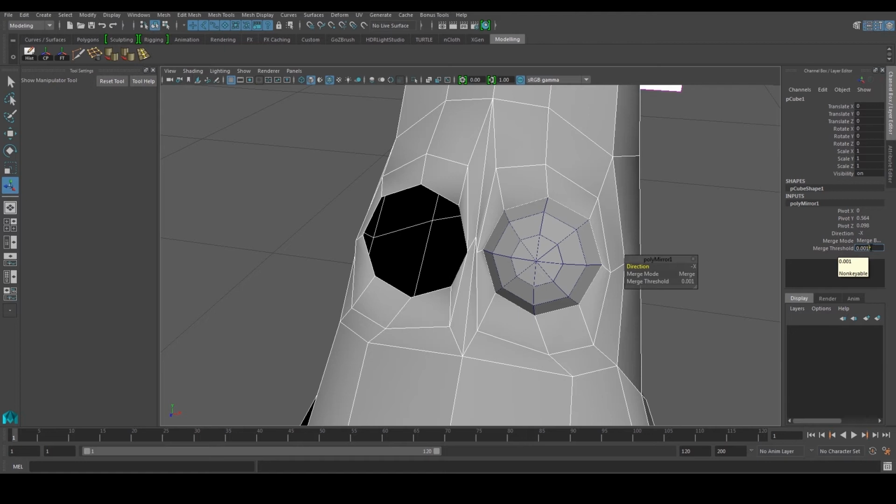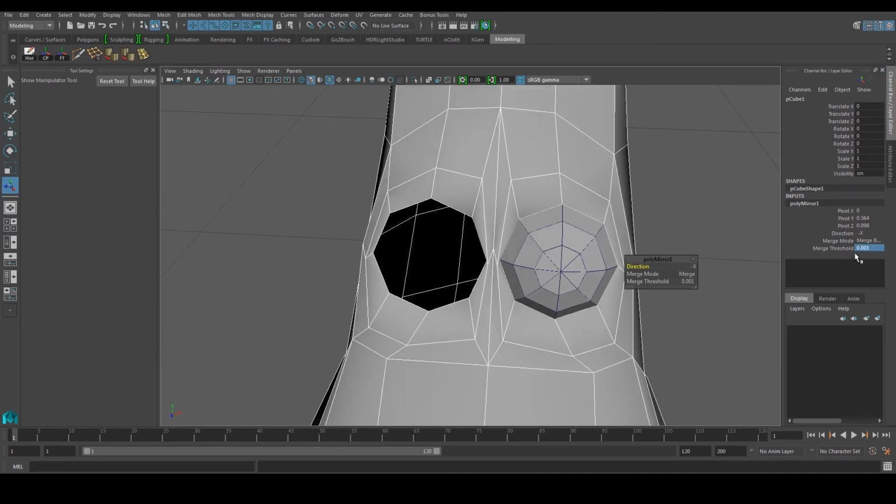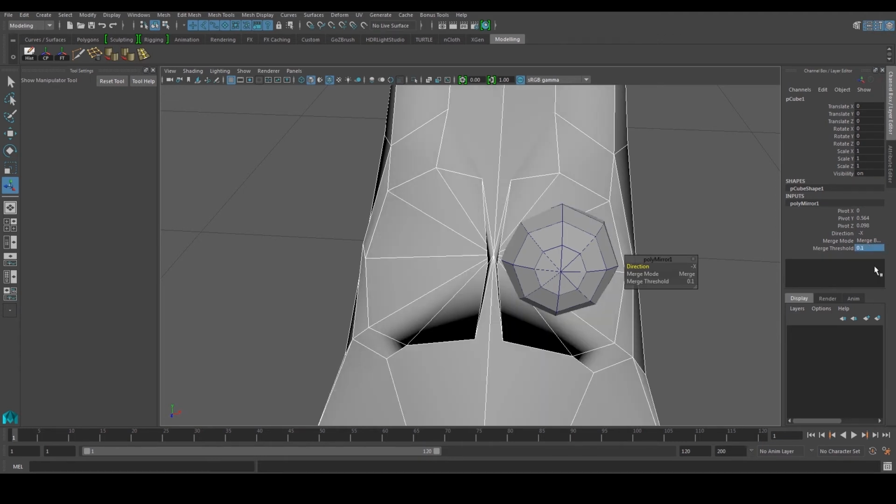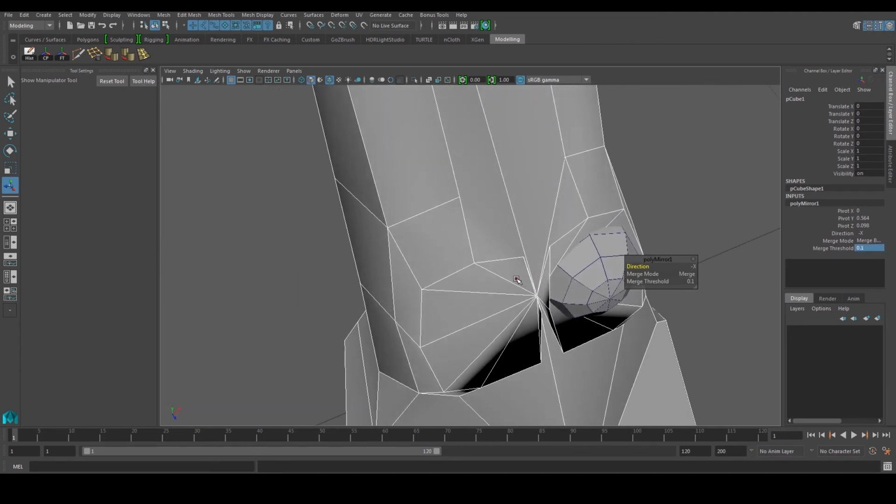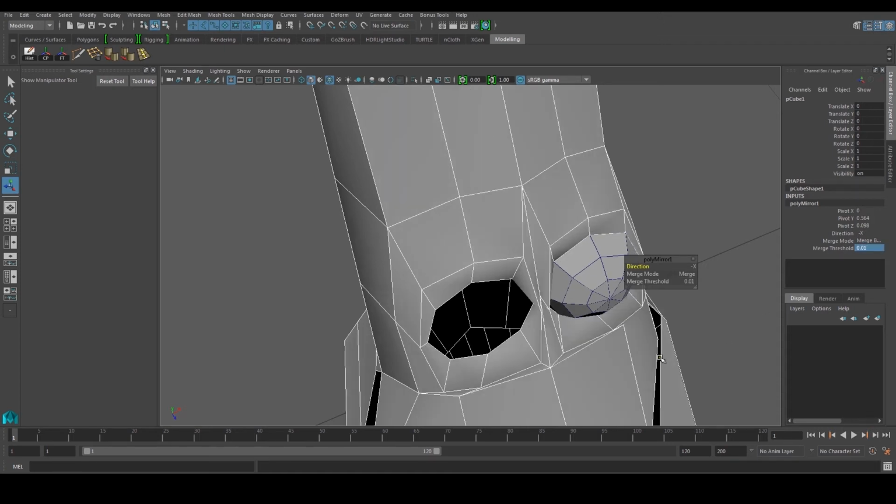Usually it's 0.1, but you can play around with this number to maybe 0.05 or 0.01 to make sure that they space out a little bit better. Usually if I put here the default 0.1, you can see you get something like this where everything is trying to merge to the center over here. So you need to spread it out under the merge threshold, which is under your channel box. Change to about 0.01. Okay, then it should be better.